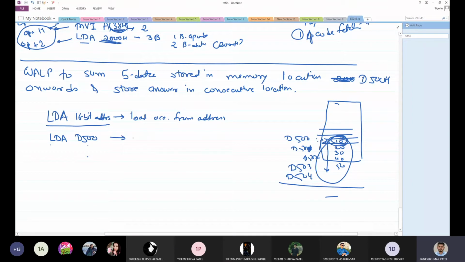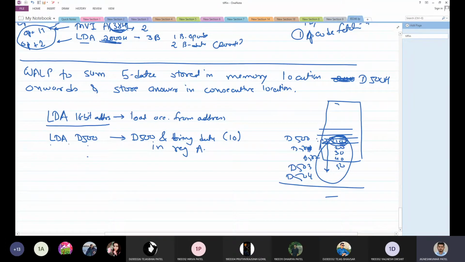So what will happen if I write LDA D500? This instruction will go to address D500 and bring the data. What is the data on D500 here? In our case, bring the data 10 in register A. So whatever is the data on this location would be directly coming into register A. If you write LDA D500, what does this mean? Load accumulator from given address.